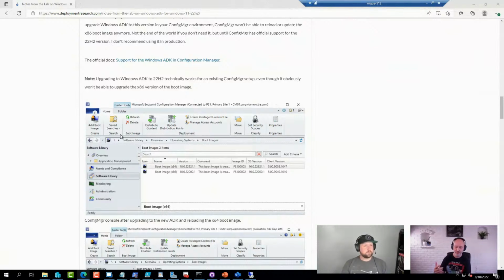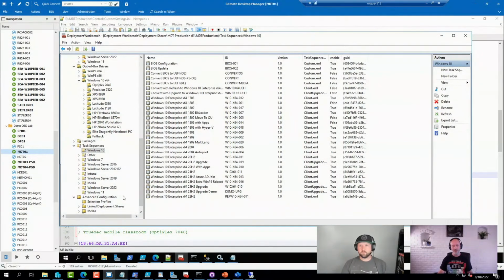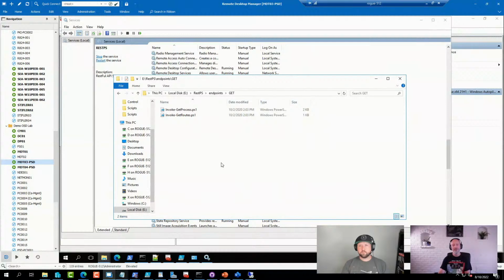What does work, though, is a shameless plug, obviously: if you take Light Touch and extend it with PowerShell, then it actually works, because our wizard, which is written in PowerShell, did not have a problem in 22H2. It's just that it hasn't been tested, and Microsoft does not support it, but they do support the older versions, so why not use them for now? That would be my take on it.